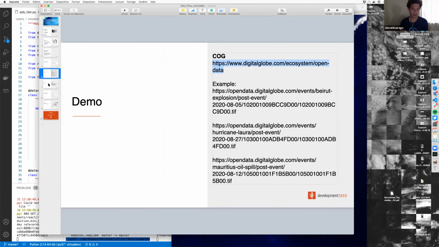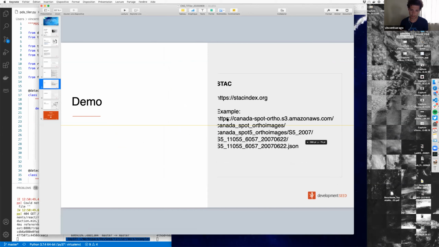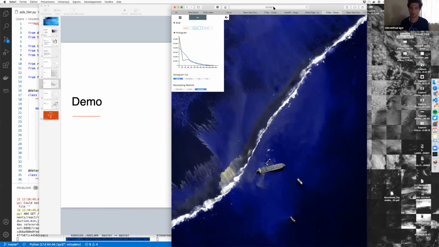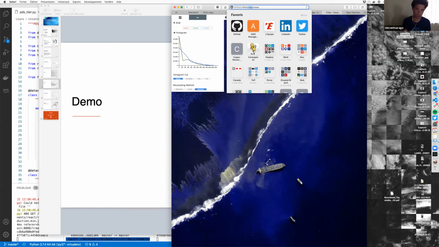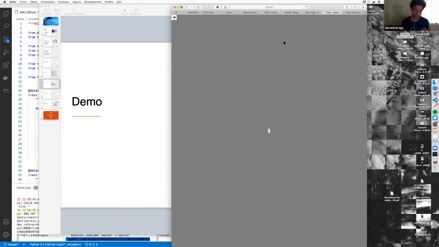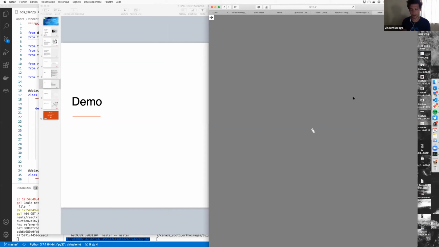Let's try with STAC. I've got a STAC item that I found on stacindex.org, and it will be pretty much like what Jeff showed earlier. You go on the STAC viewer and you post the STAC item. What's going on there? The API first gets the item, the JSON document, and sees what assets are available which Titiler can read,